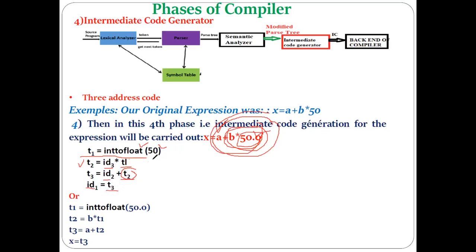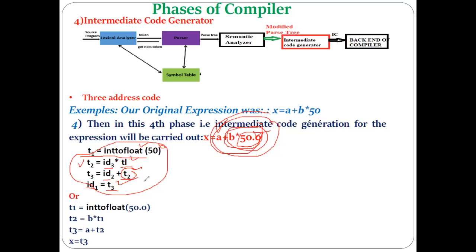Okay. So this is one way of generating the three address code. In these different statements, you can see there are at most three operands we utilize. Here in this expression two operands we utilize, and here only one. So while generating the three address code, you have to keep in mind you should not utilize more than three operands and one operator. Okay.